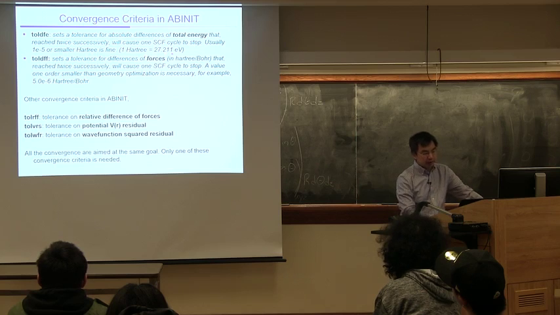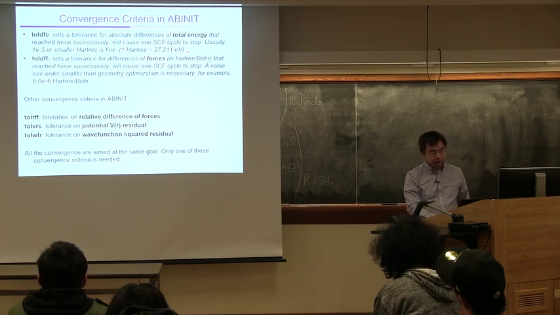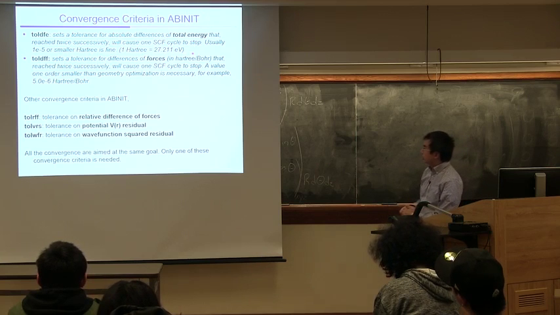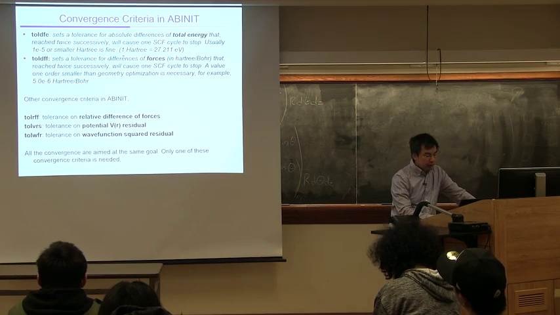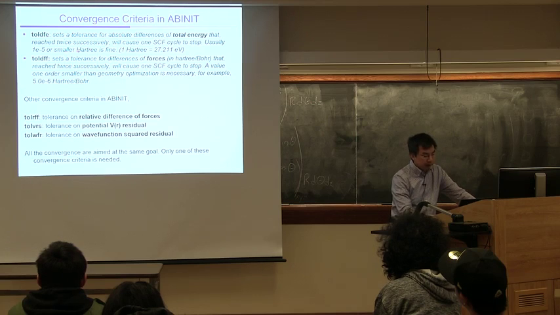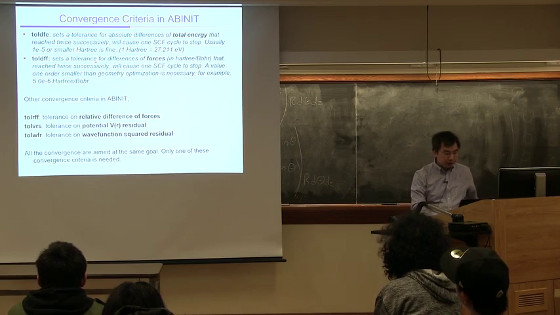Okay, Hartree is an energy unit used by chemists, most often. So 1 Hartree is 27.211 eV. All right. So when you set 10 to the minus 5th Hartree, this is a very small energy number. Okay. All right. A different criterion you can use is